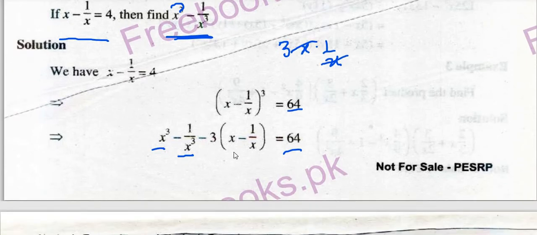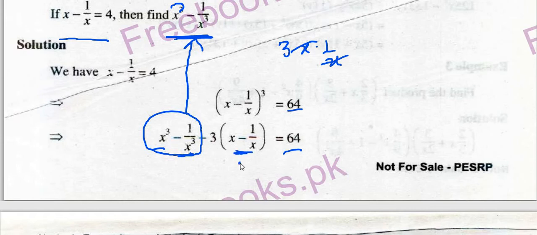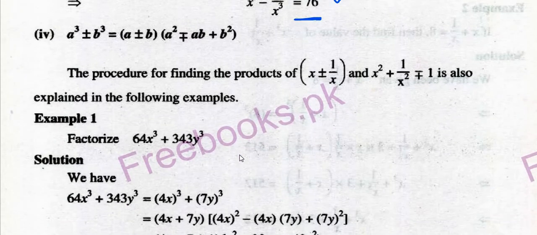This is the value which is unknown for us. We are going to find this. This equals 4, which is given. 4 multiply 3 is 12, minus 12, shift minus 12 to the right. 64 plus 12, you will get 76. Okay, next,